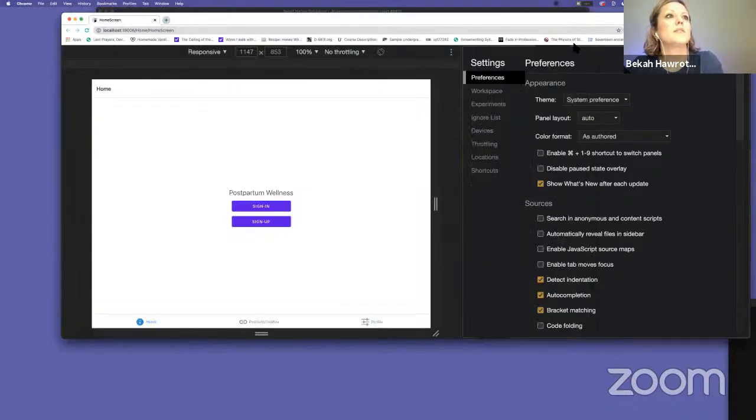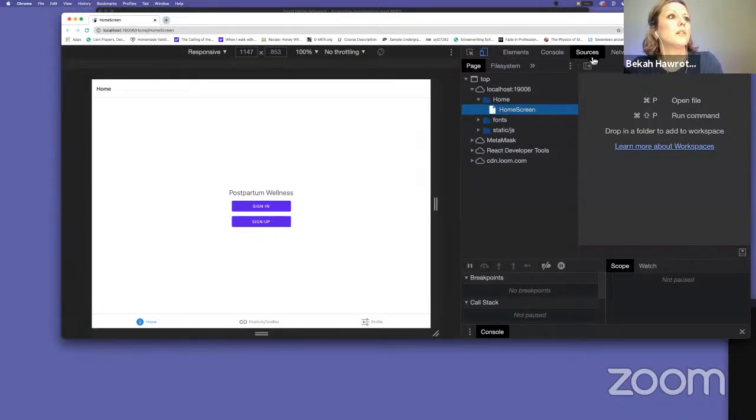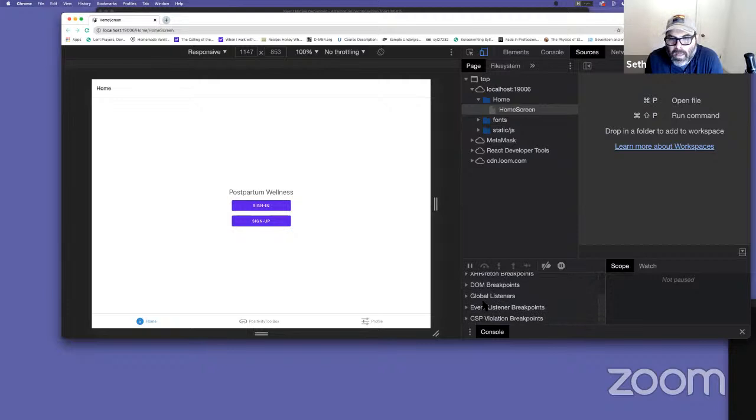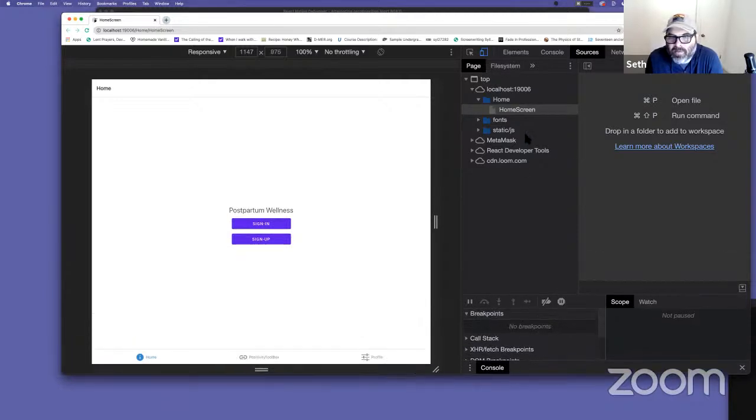Okay, so this should be in sources. Here's sources, right? And we can create a breakpoint. How do we create a breakpoint? Yeah. So well, usually you do it in the file itself. So maybe the file system.